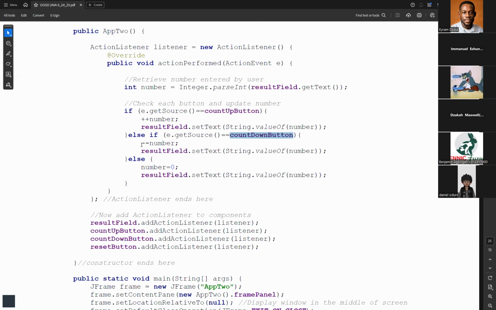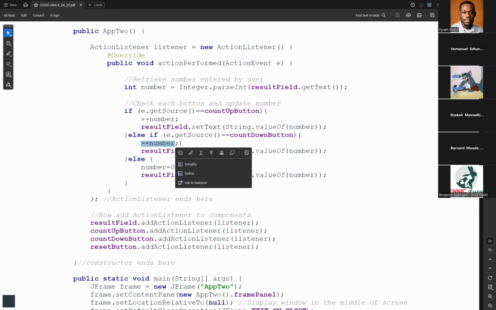So you are going to have the minus minus number. Okay, so this will perform the countdown. And then finally set the value of yes to the text field. Then finally we have the else. So the else in this case is that